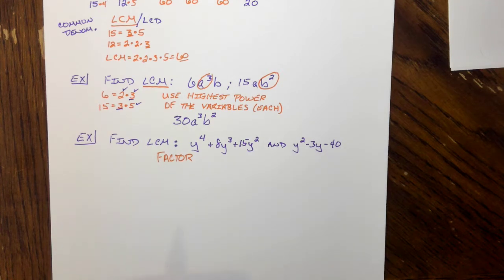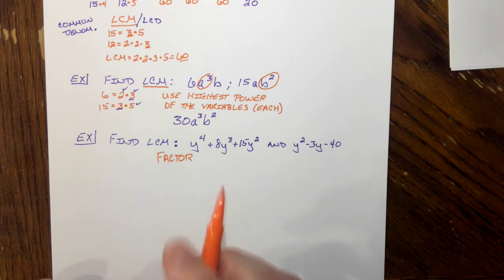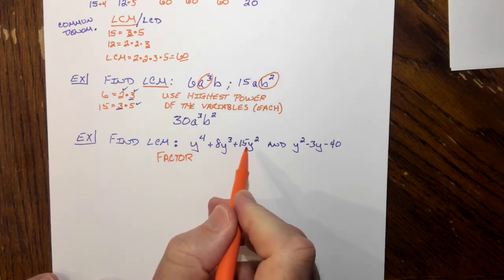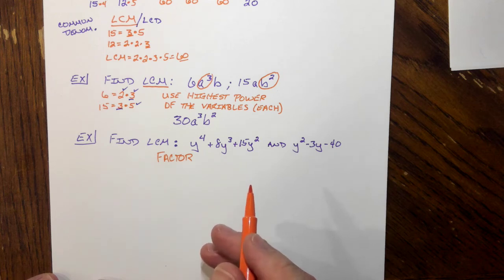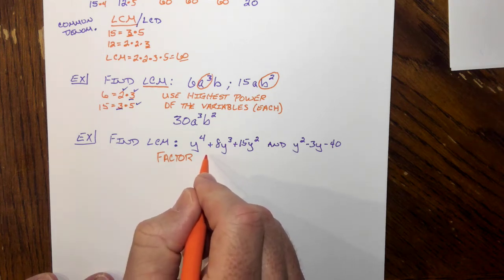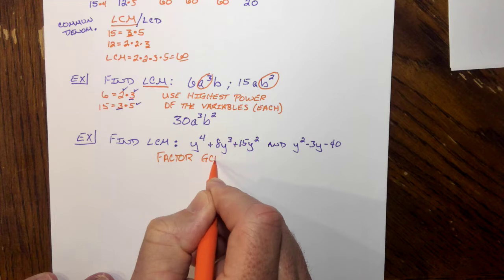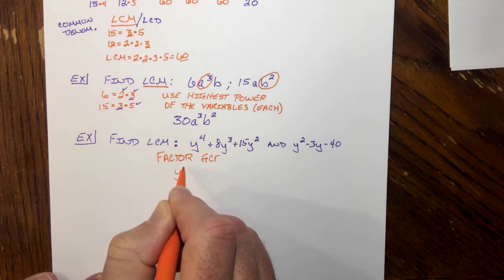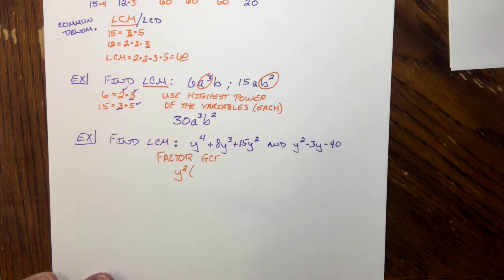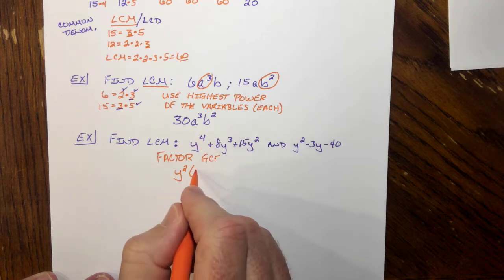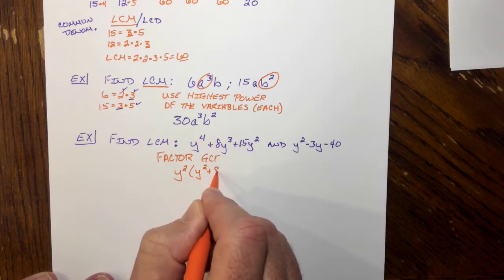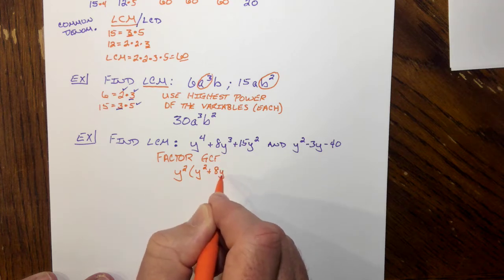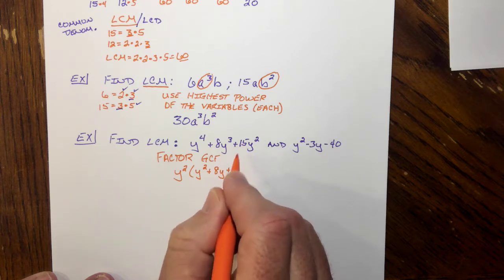Factor. Our factor patterns are coming into play. Got to remember them. So look, I have three terms here, but notice they all have something in common. Factor that out. We're going to do a GCF on the first thing. We'll get y squared out of that, leaving us with y to the second power plus 8y plus